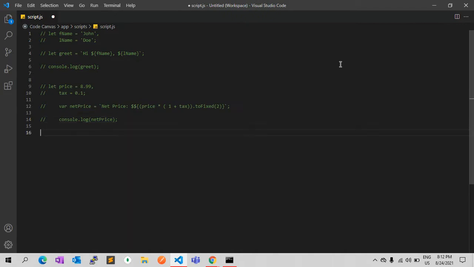The next point is tagged templates. The template tag carries out the transformation on the template literal and returns the result string. Let me show you with an example. In this example, tag is the template tag that applies to the hi template literal. The tag can be any function with the signature. Let me show you.